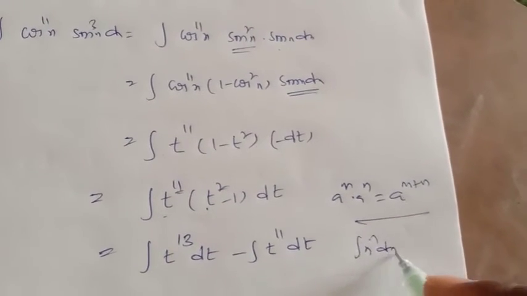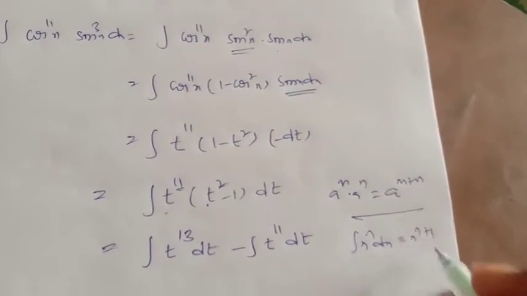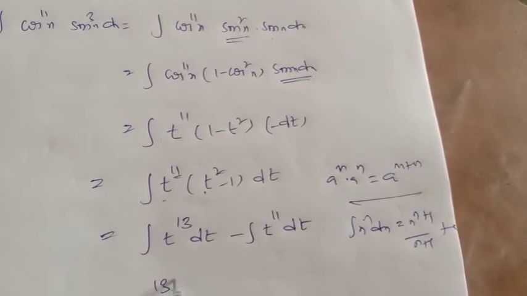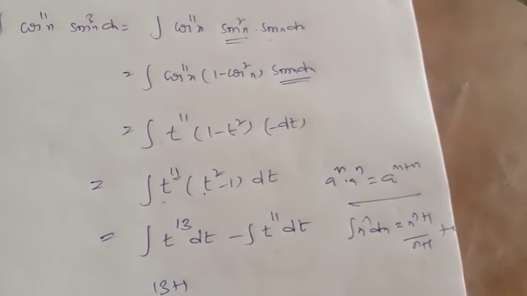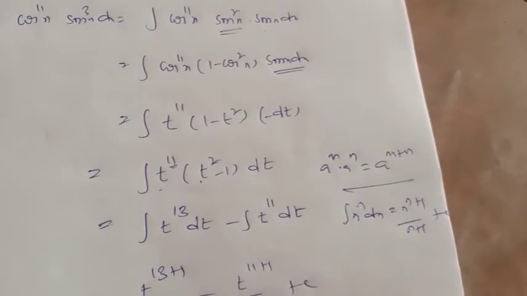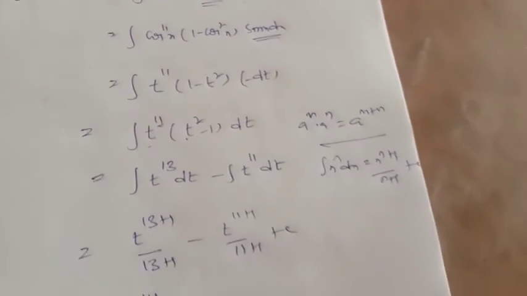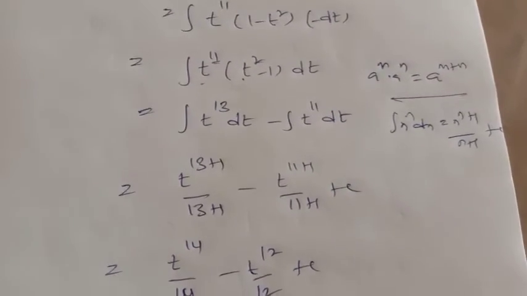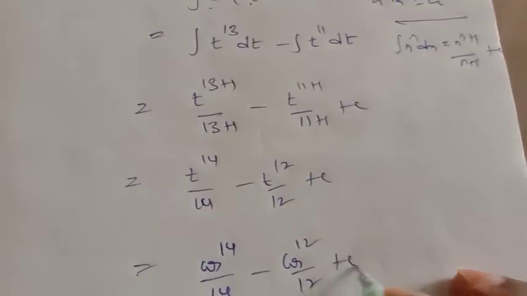Here we have integral of x to the power of n dx equal to x to the power of n plus 1 by n plus 1 plus c, that equal to t to the power of 13 plus 1 by 13 plus 1, minus t to the power of 11 plus 1 by 11 plus 1, plus c, that is t to the power of 14 by 14 minus t to the power of 12 by 12 plus c, that equal to, we substitute the t value, that is cos x power 14 by 14 minus cos x power 12 by 12 plus c is the answer of this problem. And next one,